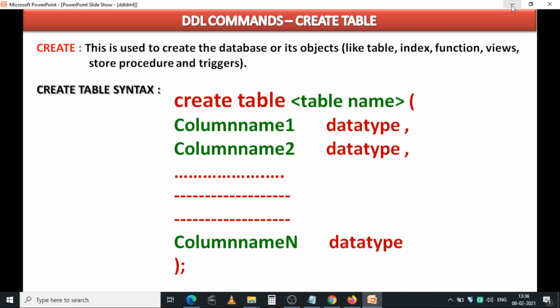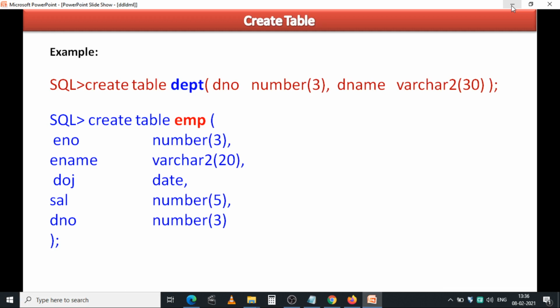Let's see the example. Here we are creating two tables. One is the DEPT table, department table, and the next one is the employee table, EMP. In the department table, there are two columns: department number, D number, and department name, D name. By following the syntax, we have to write the example. First of all, you have to write create table, table name DEPT, and open brace.